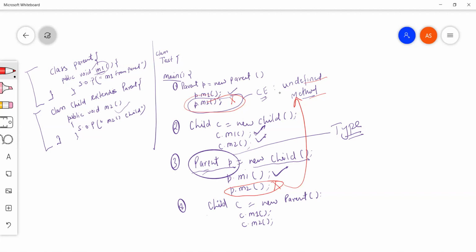Now we have another case, which is child C equals new parent. This case is itself not valid. Make a note: we cannot keep a parent class object into a child class reference. When we say new and the class name and call the constructor, that is the object, and this is the reference. We can keep a child object into a parent reference, but we cannot keep a parent object into a child reference.